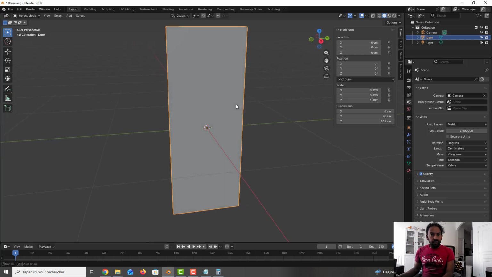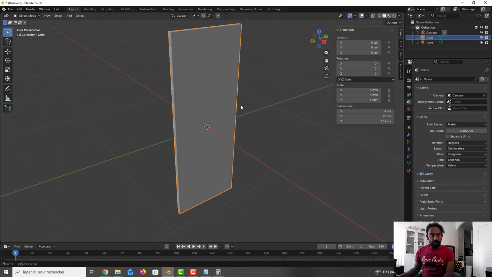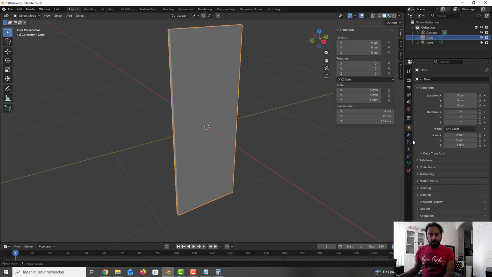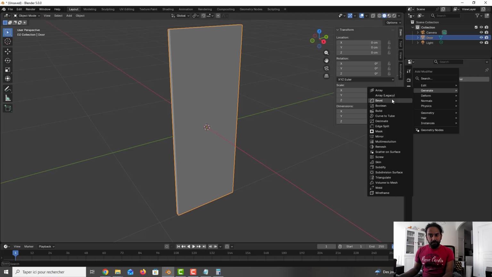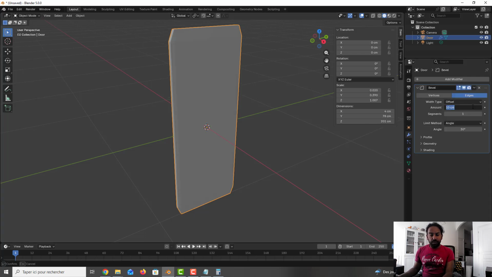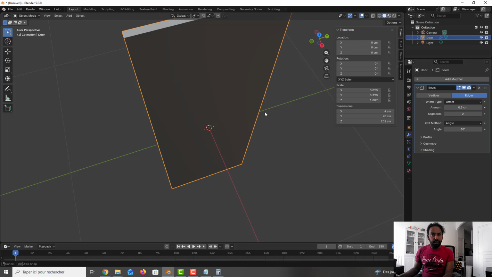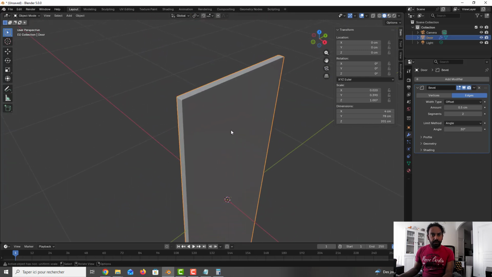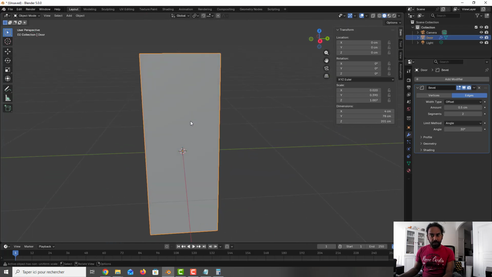We need also the door handle, so I will do that just after. So now we have the door, it's okay. But I will add some bevel, so on the modifiers, I will do add modifier, generate, bevel, and we can reduce to 1 centimeter, for example, to have a little bit less, or 0.5, for example, 2 segments, seems okay, just to give a little bit of depth on that. Okay,